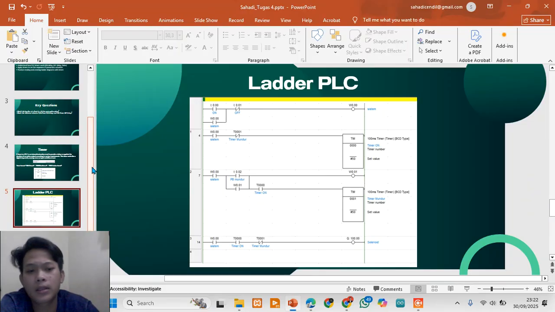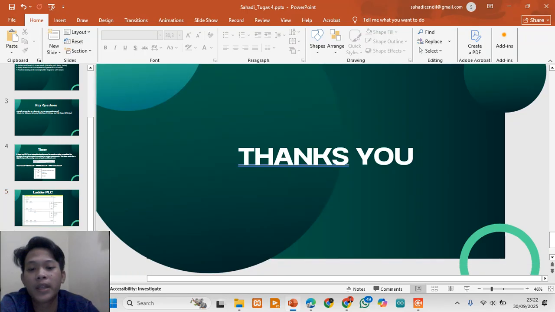And that's pretty much it. We've seen how timers add flexibility and precision in PLC programming.